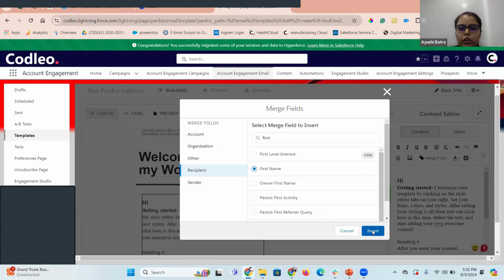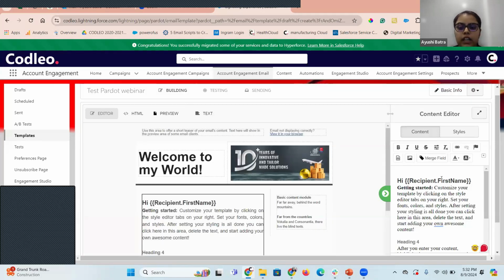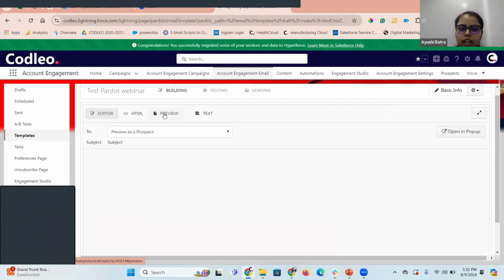It will automatically populate a certain code snippet which will personalize all the first names for the receivers. For that, we can have a preview.